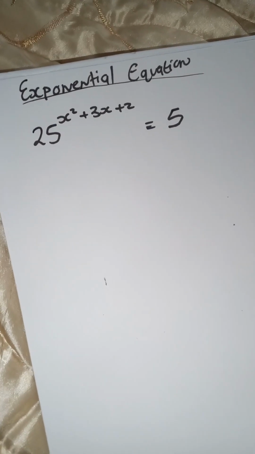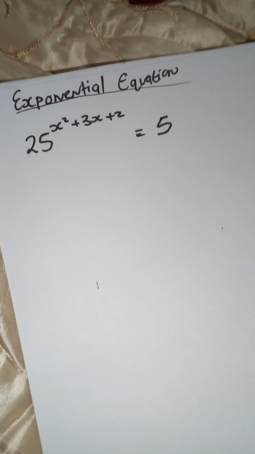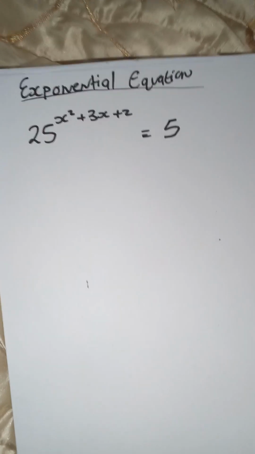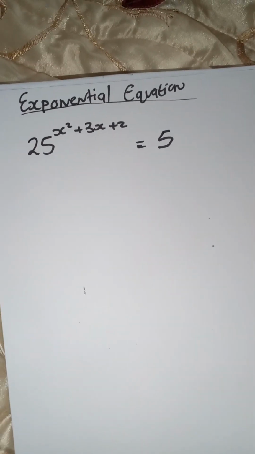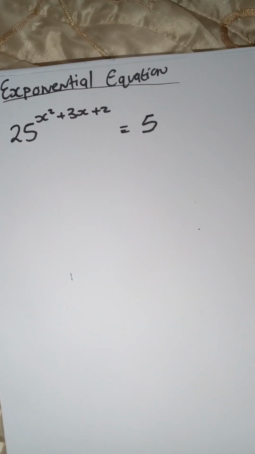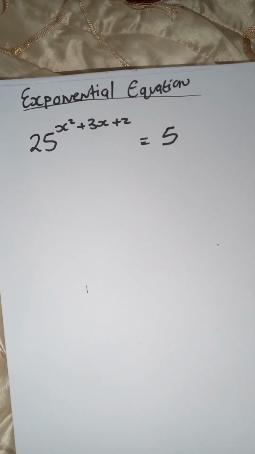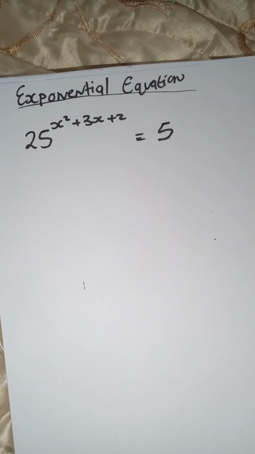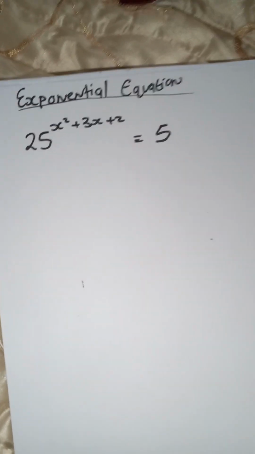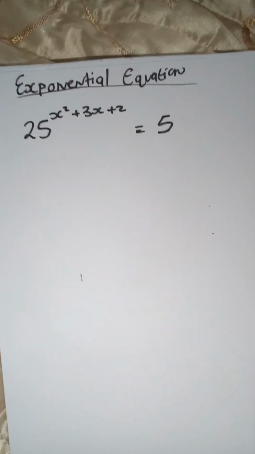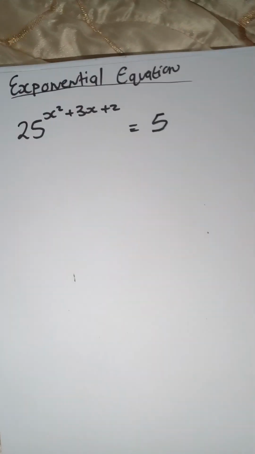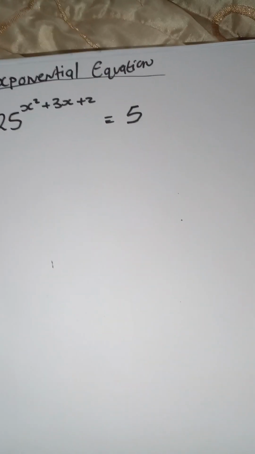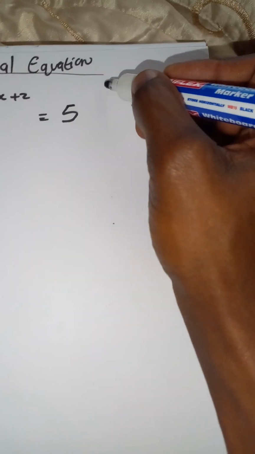I'm Mighty. I'm back with another video whereby today we're going to be looking at how to solve an exponential equation. So in this case, you are given 25 to the power of x squared plus 3x plus 2, which is equal to 5. Before you solve an exponential equation, there are things that you need to remember or take into consideration, right? Let us just remind ourselves